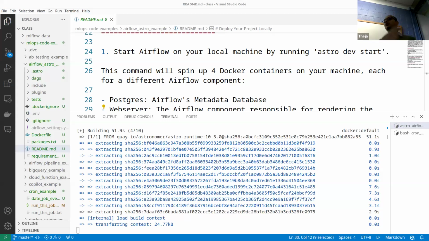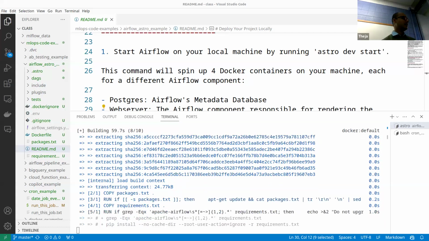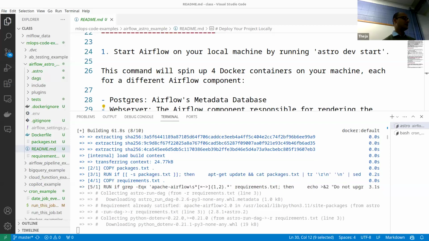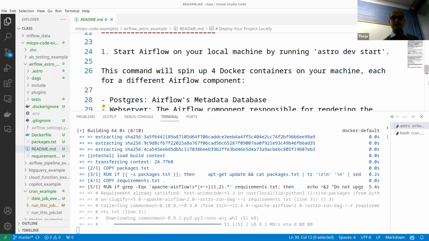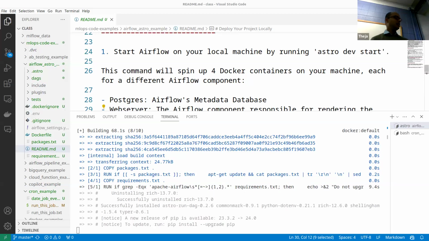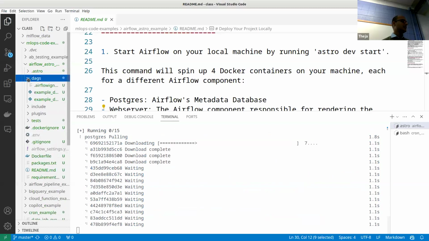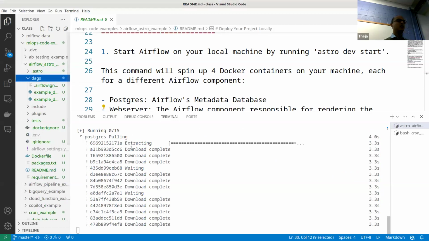What we'll do is just get the 4 containers running and just see the UI, because there's a default DAG in there. And actually, we can see the DAG here in the meantime. Okay, so while we, yeah, now it's downloading Postgres. So the 4 different containers means 4 different images. So it's downloading all that.